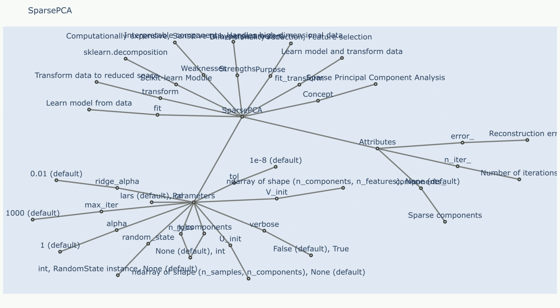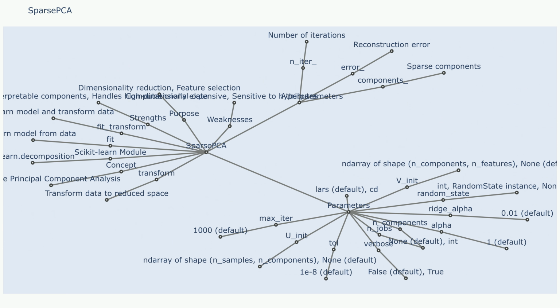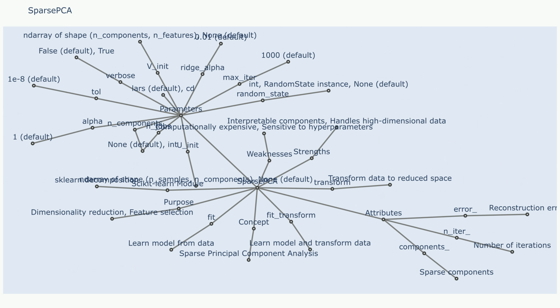U. This optional parameter provides an initial guess for the loadings matrix. This can be useful when dealing with very large datasets, as it can accelerate convergence. V. This optional parameter provides an initial guess for the components matrix. Similar to U, this can be helpful for large datasets. n_jobs. This parameter allows you to leverage multiple CPU cores for faster processing. random_state. This parameter controls the random number generator used during initialization. Setting it to a specific value allows for reproducibility.